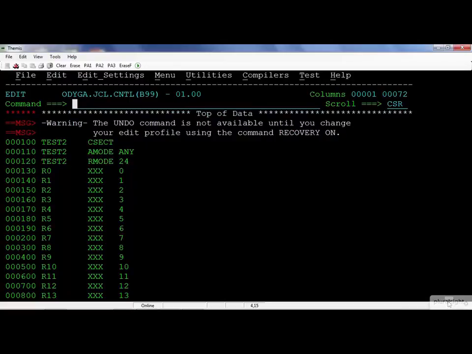Now we've seen how we can do a basic change function, but one of the other things I can do is move things around, for example, by typing in an M on this line and an A to indicate after this line. That indicates I'm going to move the line that's currently at 170 and move it after the one that is at 150. And you can see that the move took place, and we got a new sequence number assigned,